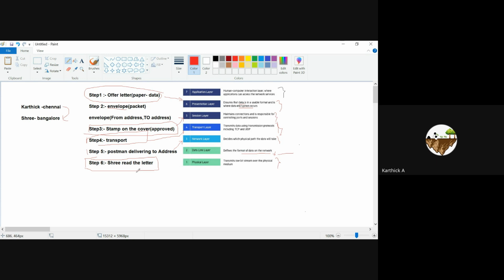So after you received a letter, what will you do first? You tear it into two pieces. Oh, I will read it, sir. I will read the letter. You try to open the letter and read what is inside it. Yeah. So here, under the physical layer, what will happen means,